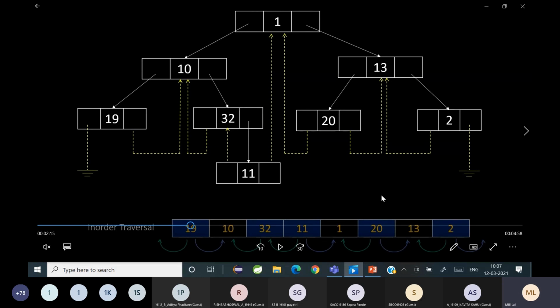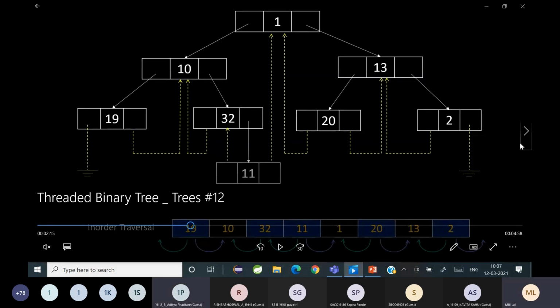That means you have a right thread and a left thread. So in the case of 20, the left thread is set to 1 and the right thread is set to 13. समझ में आया क्या सबको? Is it clear?